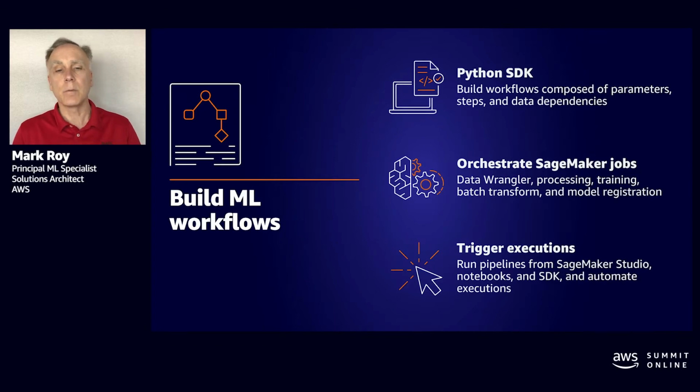The last piece in terms of building is triggering executions. So a key here, as we're talking about MLOps practices, is model retraining strategies. So if you've got a certain amount of model drift based on model monitoring, you could automatically trigger execution of the entire build pipeline, or based on the arrival of new data, for example. This is in addition to manually being able to run a pipeline whenever you'd like.